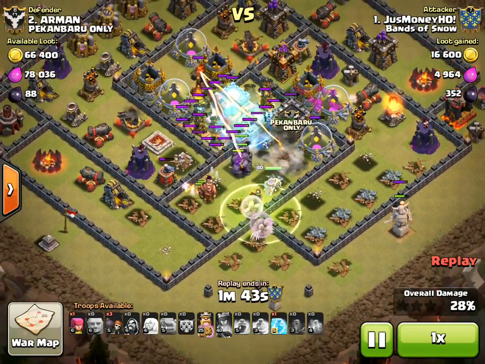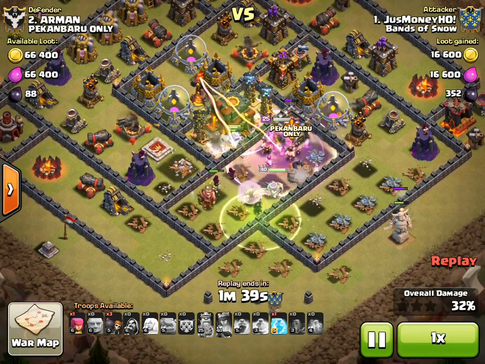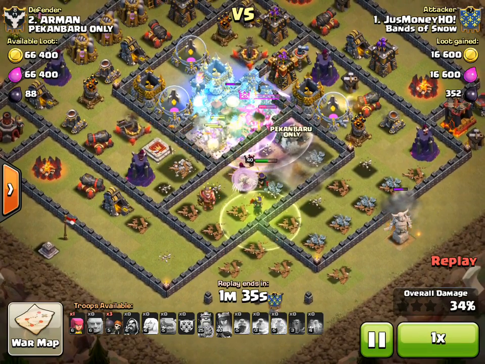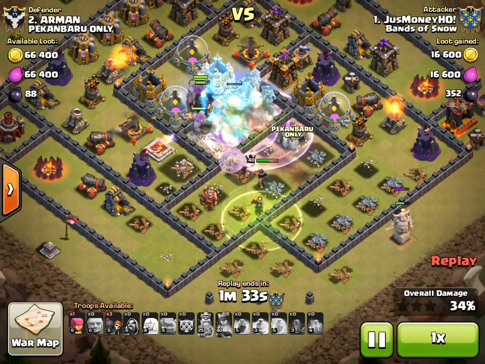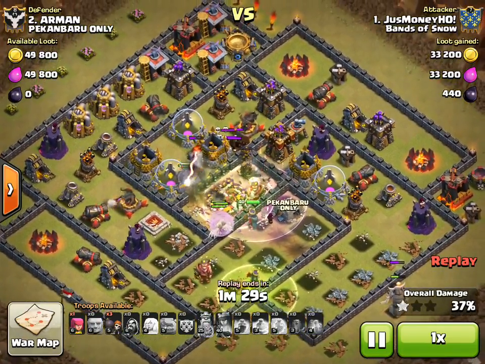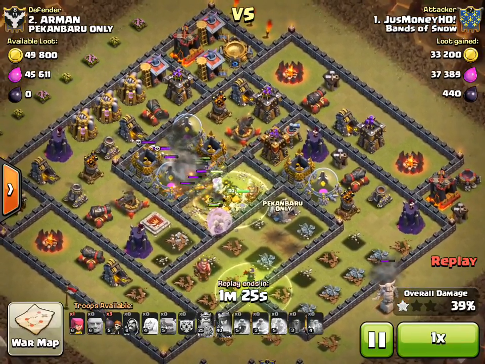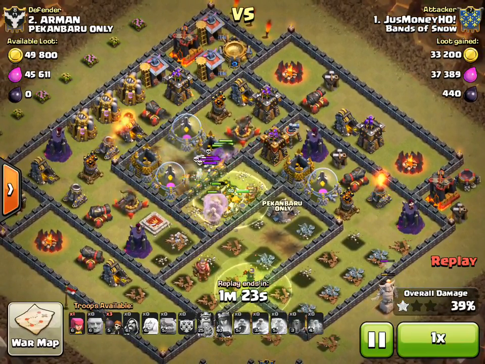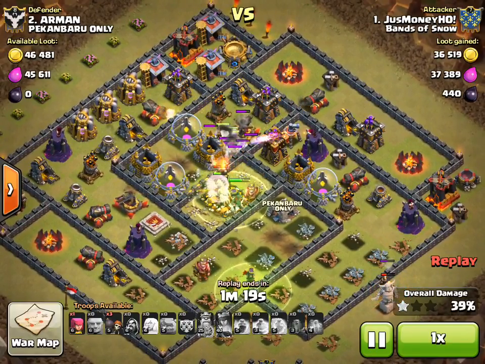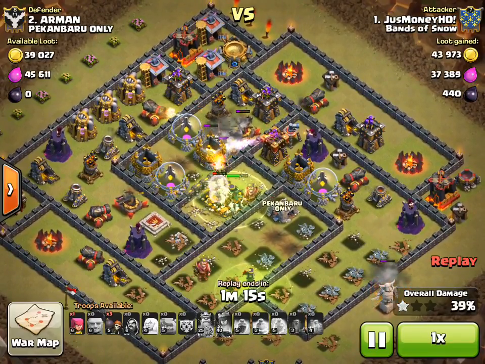He drops that earthquake to just get 50% out of those Teslas, Infernos, and town halls. He's dropping those freezes, freezing the Inferno towers, letting everything walk up. The queen right there just takes out that town hall, so he's got the 1 star. She's working on this Tesla, which goes down. Unfortunately, the healers are not going to touch the queen anymore, so the queen's going to start to go down. But for right now,